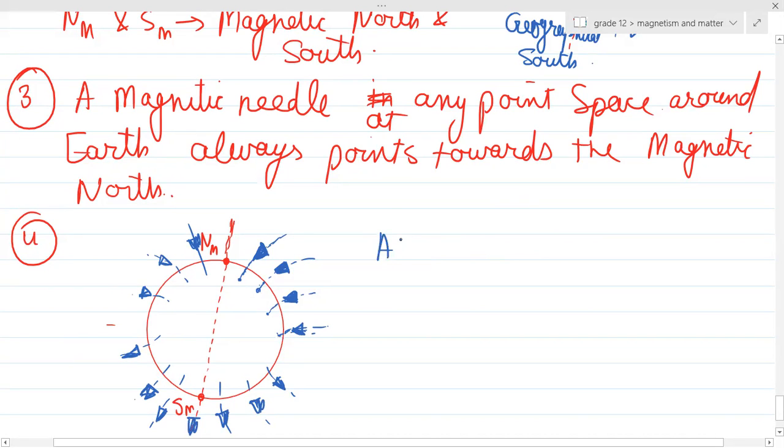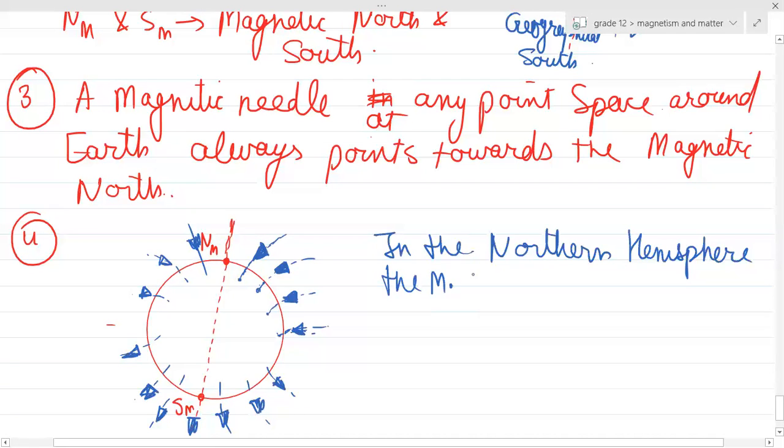We can write this particular fact as well. In the northern hemisphere, the magnetic field lines were observed to be going into the Earth,